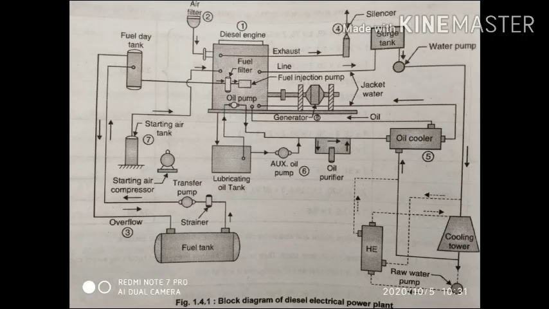The fuel oil is transferred from these tanks to the small storage tanks called day tanks daily or at suitable intervals by means of transfer pumps through filters. From the day tank, the fuel oil is passed through the strainer and fed into the engine through fuel filters and the fuel injection pump. The capacity of the daily consumption tank should be at least 8 hours requirement of the plant.